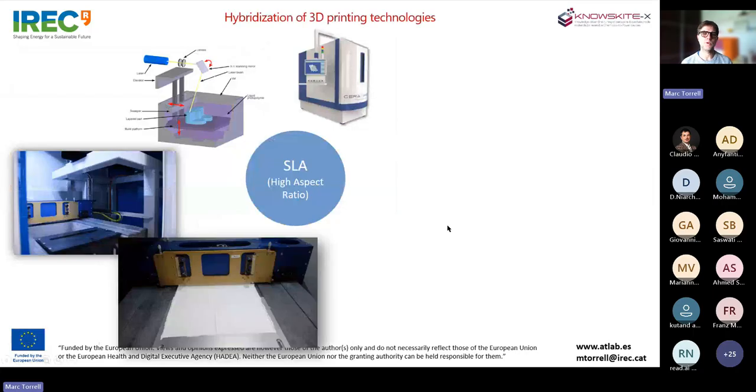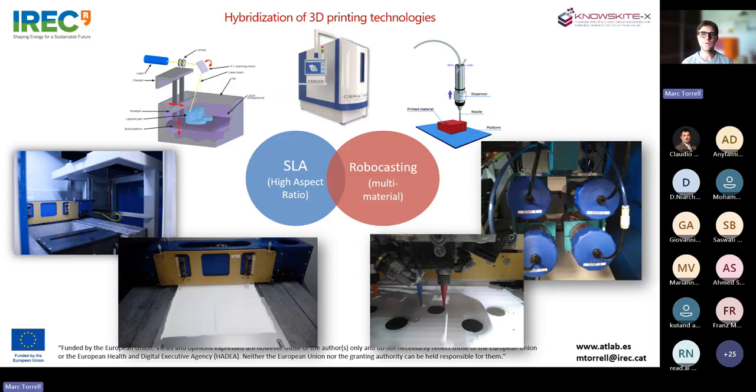Another already finished work has been the hybridization of this stereolithography technology for printing the electrolytes with the use of robocasting, or direct ink writing, to perform the whole cell in a single printing step. Here you see the part of the printing of the electrolyte by SLA, and then we have 4 different robocasting needles to print fuel electrode, oxygen electrode, interconnect, and also the sacrificial material that we put on the parts that we need to have the channels, the tracks, etc.